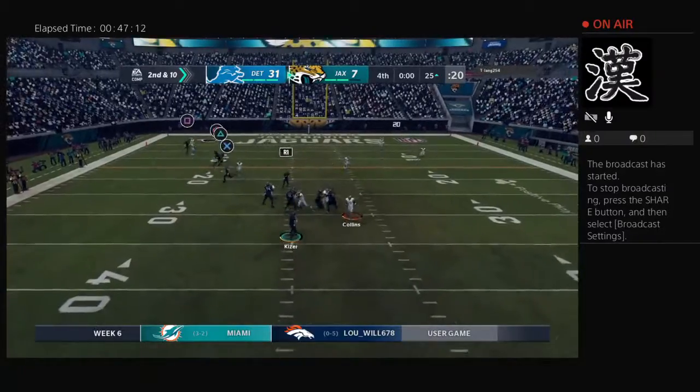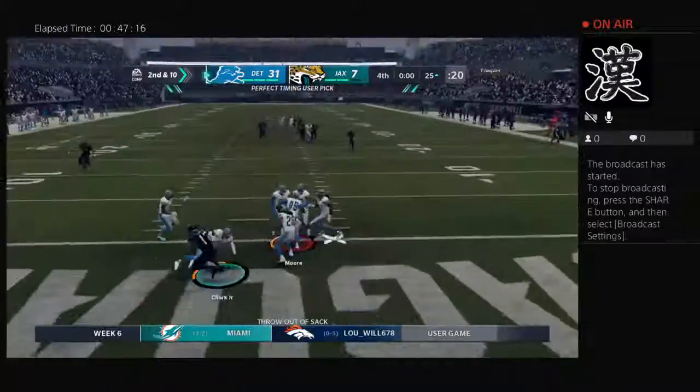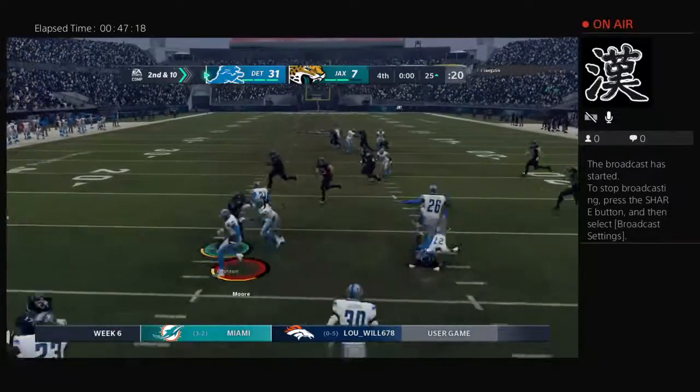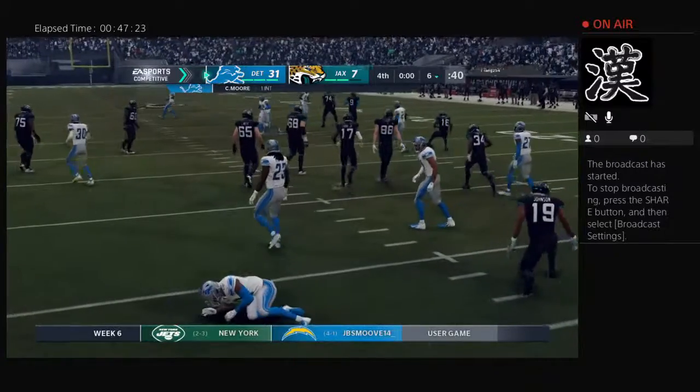One final shot for Kaiser. And now here is another interception. Picked off with great anticipation, and that will right a